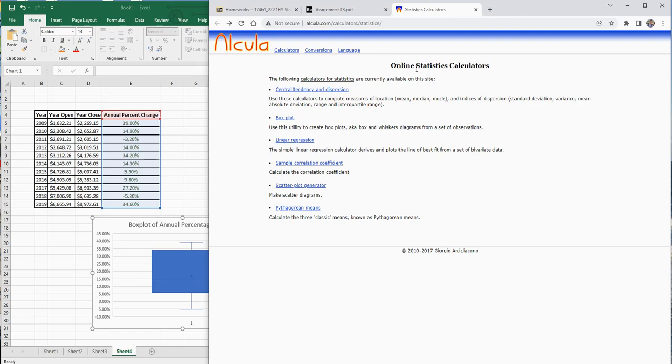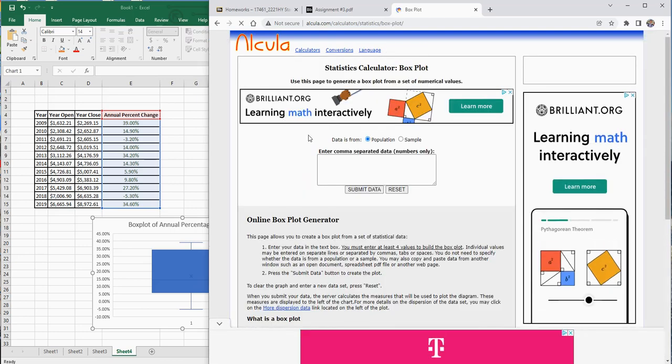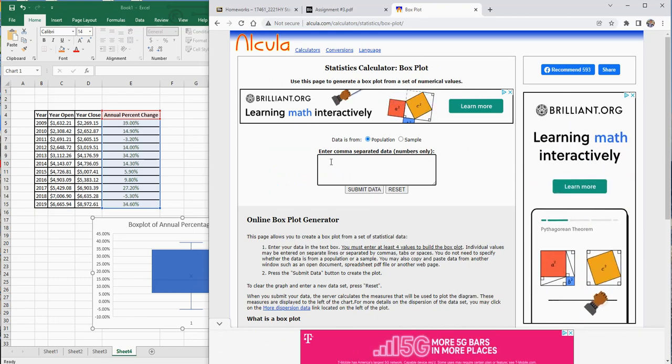And if you look here, one of the things it says, okay, we want to do a box plot. So all you're going to do is click here, and it's going to say, okay, you enter your data as comma separated data. So we want the annual percent change. So you're just going to go 39.00, comma,